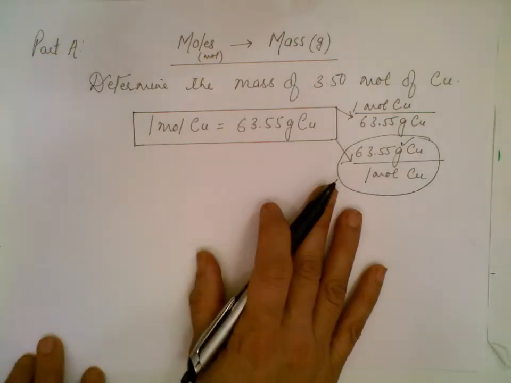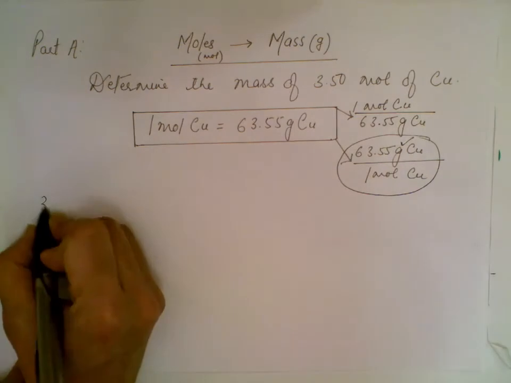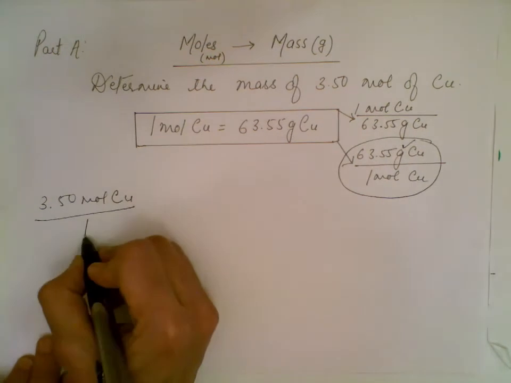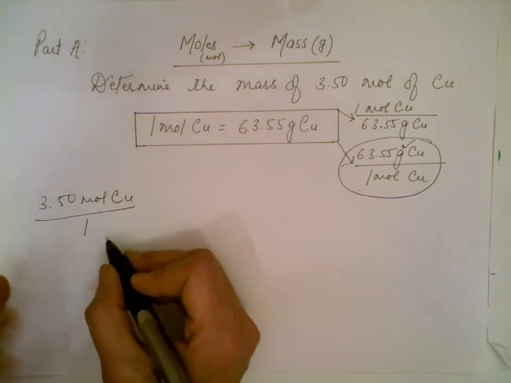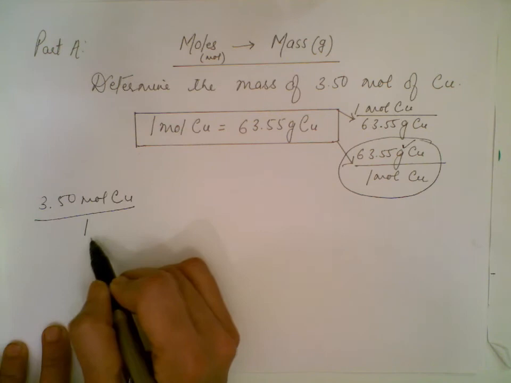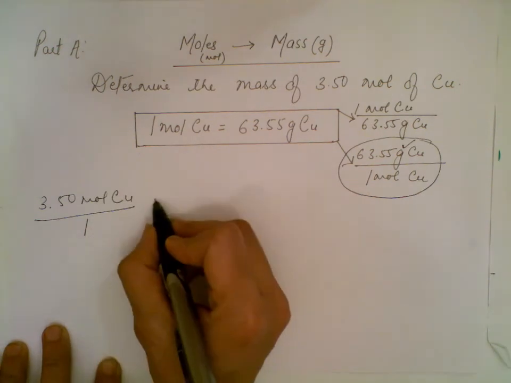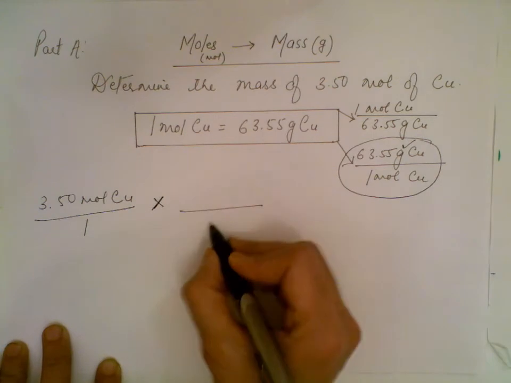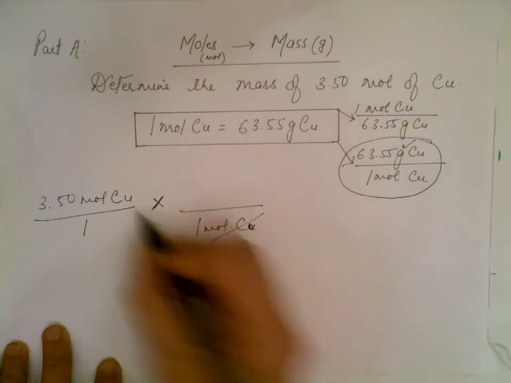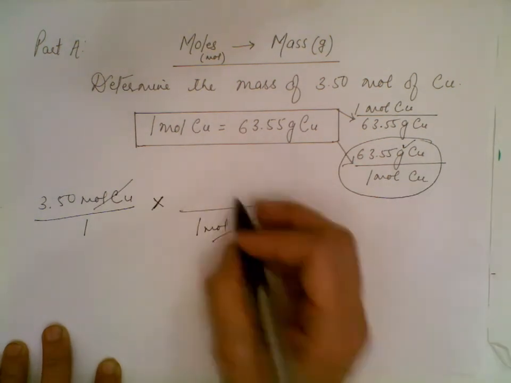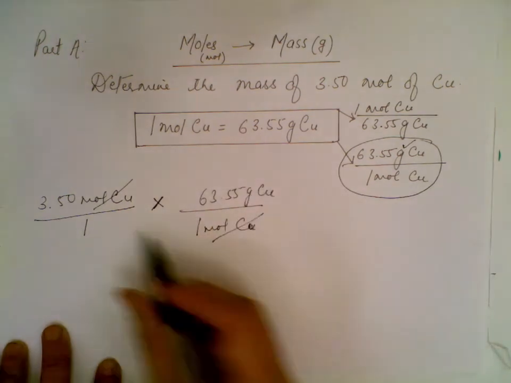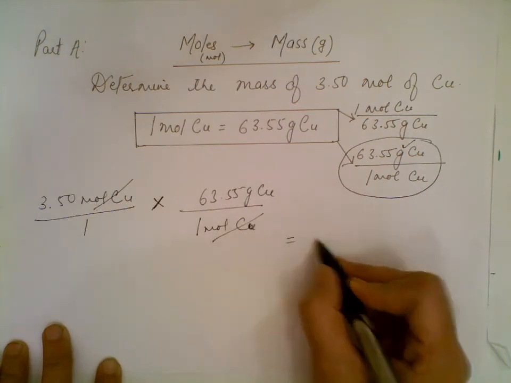Let's start solving this problem. Let's start with the given. 3.50 moles of copper are given, divided by 1, and this 1 doesn't change anything. It is just to show that you are dealing with a fraction. So always write 1 in the denominator of the given. Now, I don't want the unit mole. 1 mole of copper. Here, this one cancels. I want grams in my final answer, so I'm going to write it like this. Now use your calculator, multiply them, and that will give you